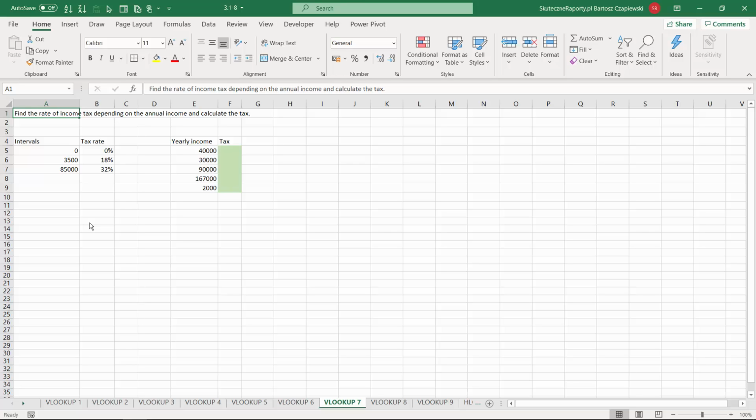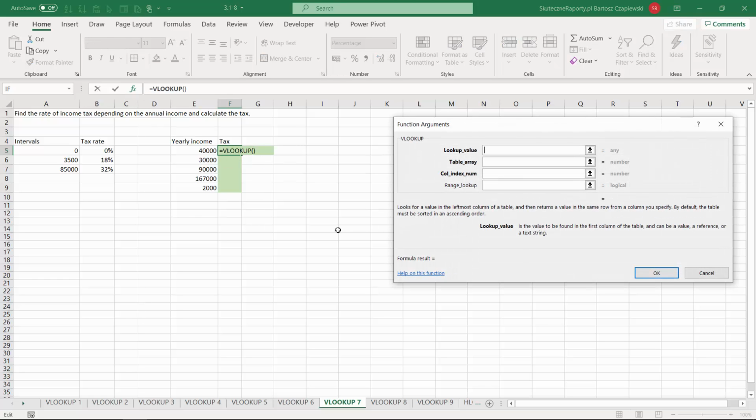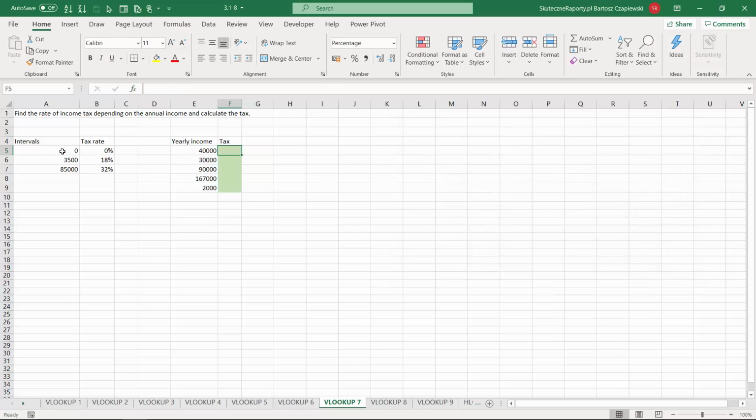You might be thinking, what is the case when in the last argument of the VLOOKUP formula we will use the default value, which is true, instead of false? In this case, this means that we should have the closest match achieved and the data should be sorted in ascending order. And this ascending order is already in here, where we have some kind of intervals,